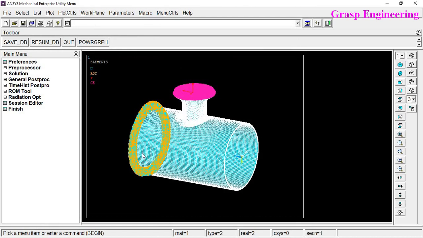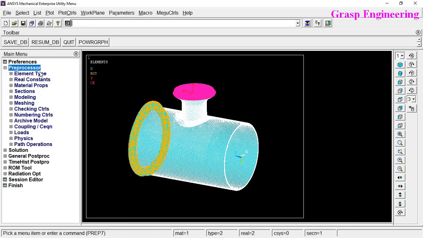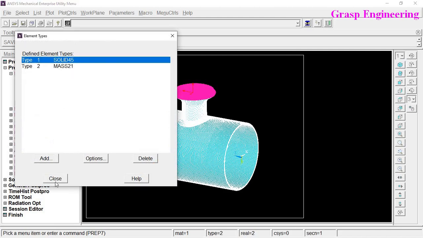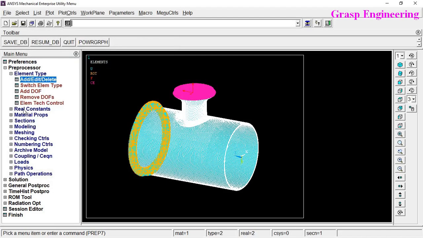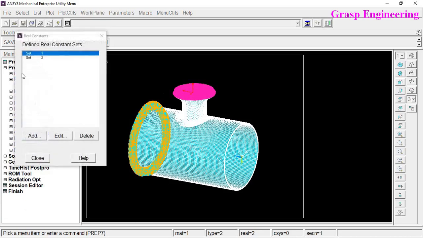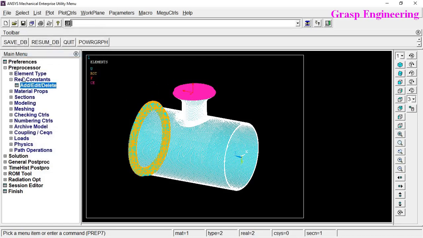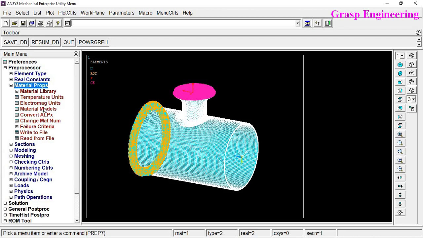So we have displacement, we have compensating pressure, we have internal pressure, we have forces. This is all about your HM deck. So there is no need to apply anything further here. So let's check whether elements came into the HM file. So you can see Solid 45, Mass 21. Let's check whether real constants came or not. Okay, so you will find the two real constants. Let's check whether the material properties are present or not.